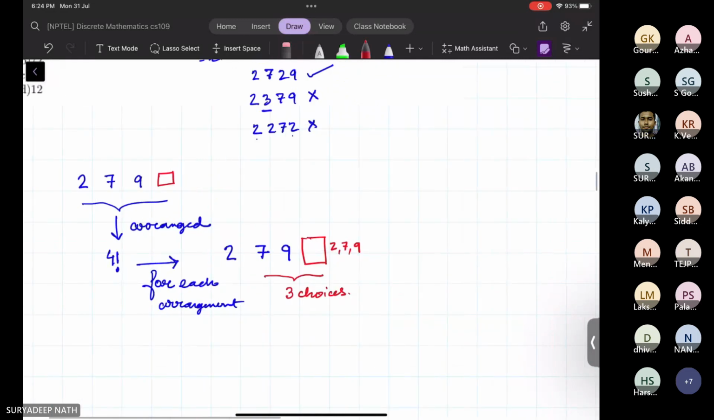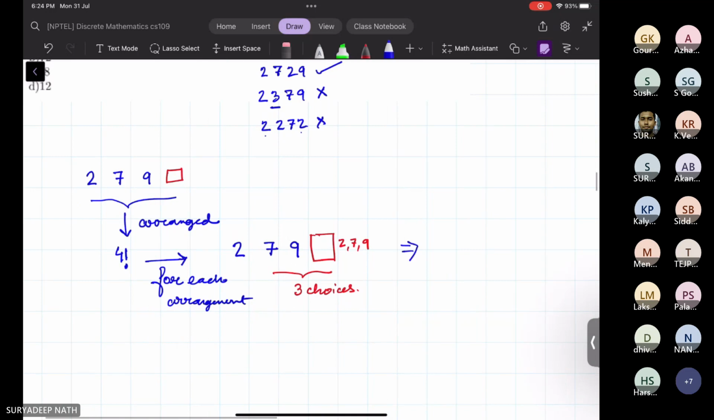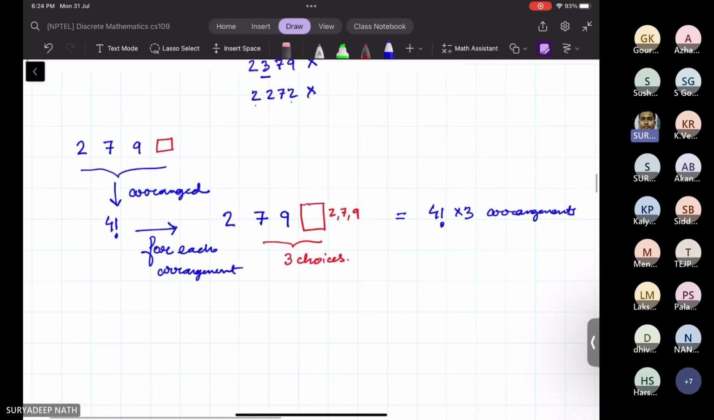So that gives 4 factorial into 3 arrangements. But we are counting some things twice. So things like this: